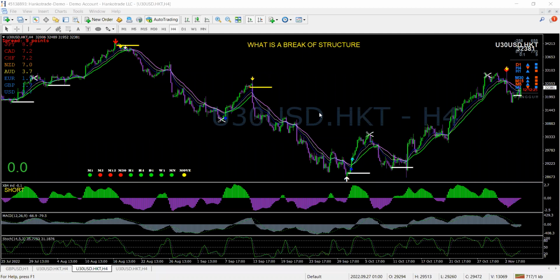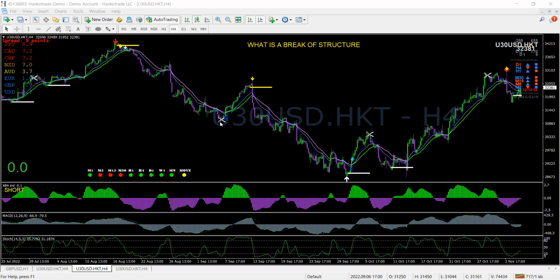Okay, in this tutorial, we'll be discussing what is a break of structure. A break of structure is when either buyers or sellers are getting stopped out. When a break of structure occurs, usually liquidity is being taken. Now what I mean by that is if you notice on your chart, the market makes lower lows,